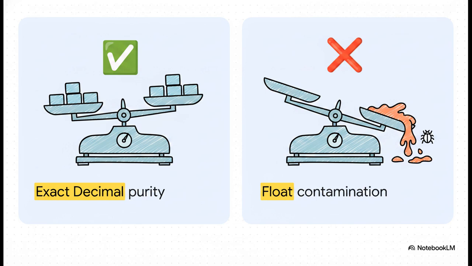Next up, we have to compare Python's exact decimal type against what I like to call insidious float contamination. In normal computer math using standard floats, if you add 0.1 and 0.2, the computer doesn't give you 0.3. It gives you 0.30000000000000004. Now, in a casual mobile app, that microscopic rounding residue doesn't matter at all. But when you're aggregating billions of dollars across a massive loan portfolio, that microscopic float contamination compounds into a massive, very real regulatory misreporting disaster.